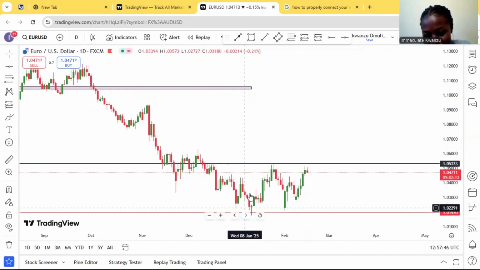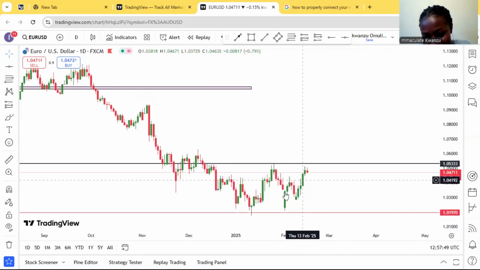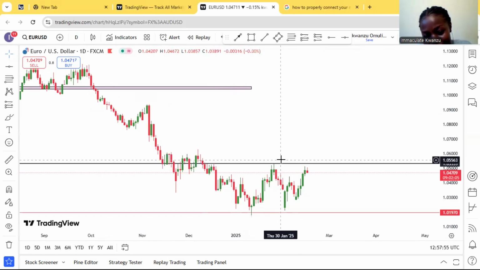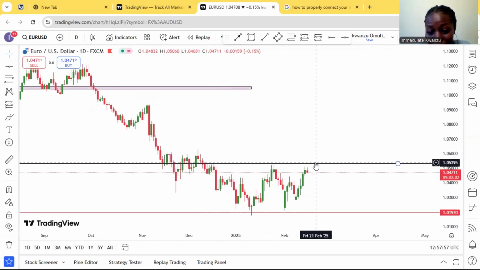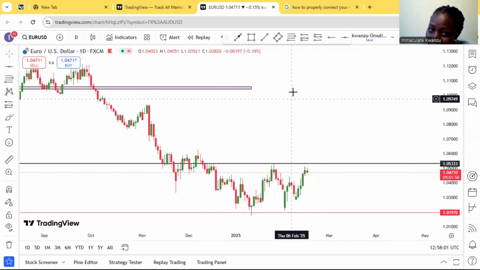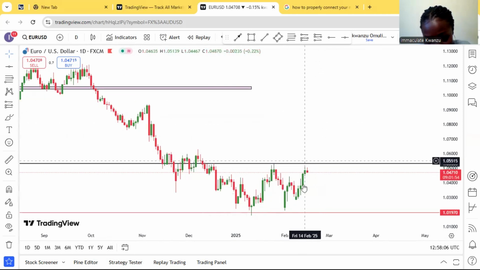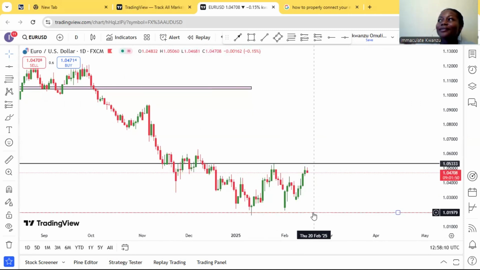So we're kind of in like a mini range type of a thing. So whatever happens here will decide where we go from here. If we break this, retest it and hold. But if we come all the way here, break this black line,